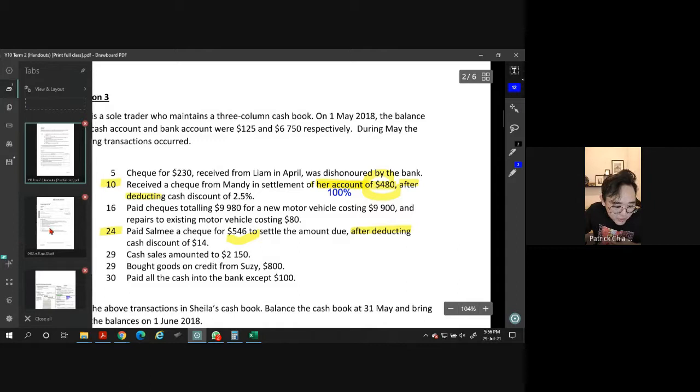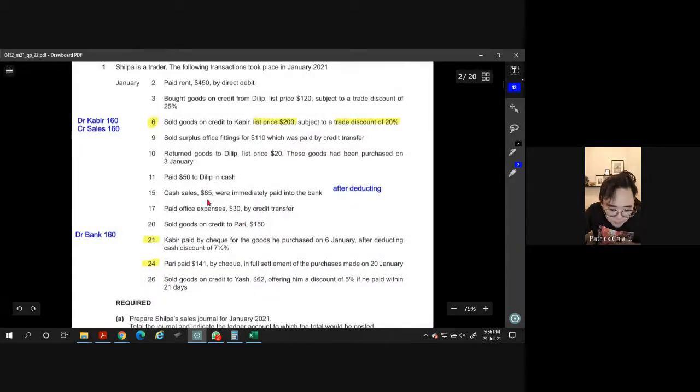Okay, let's go back to the question just now. Sorry, 21. So 21 technically, after deducting cash discount of, can you see that 160 is the nice number? So we have to minus. After minus, the amount that we paid or that we get is always maybe 1 to 9, I don't know. It's just the way they fix the question like this. They like to make the question so that when you receive the money after the cash discount, it's always 1 to 9.